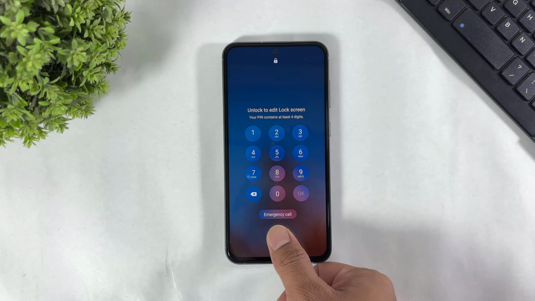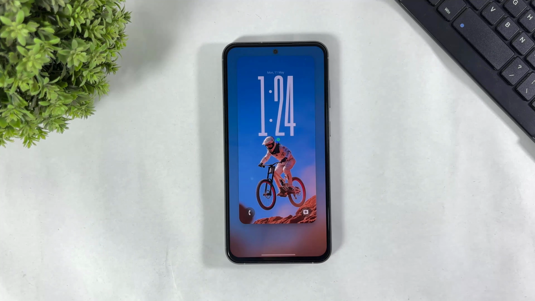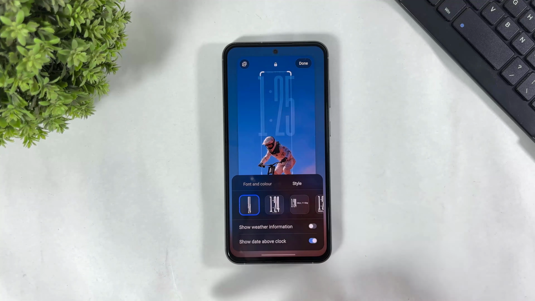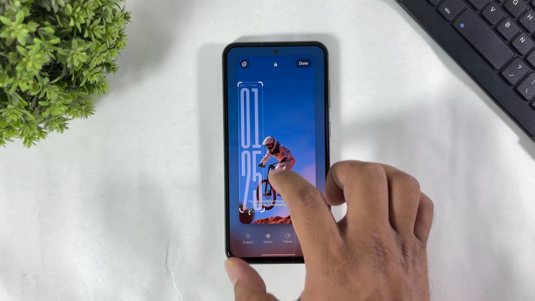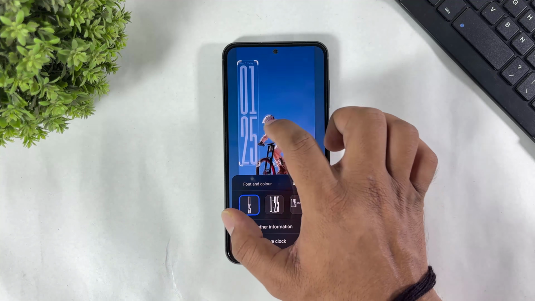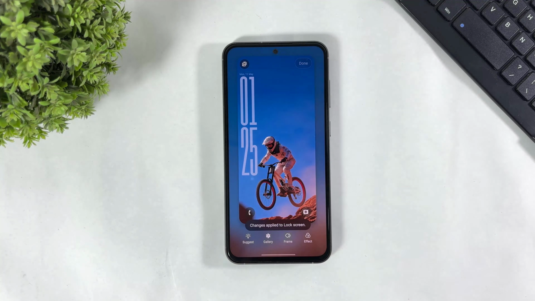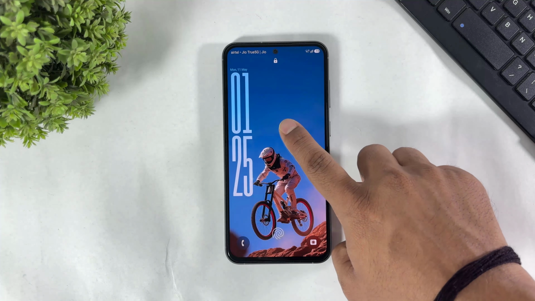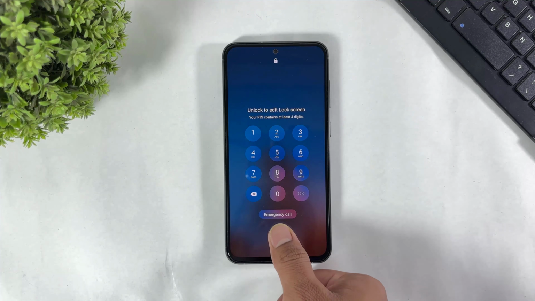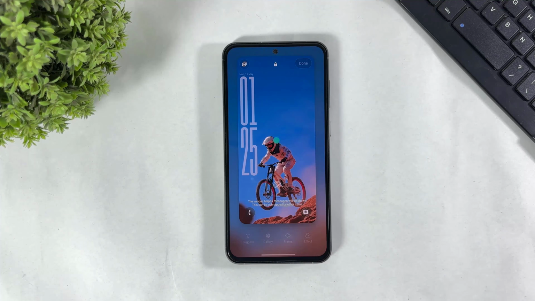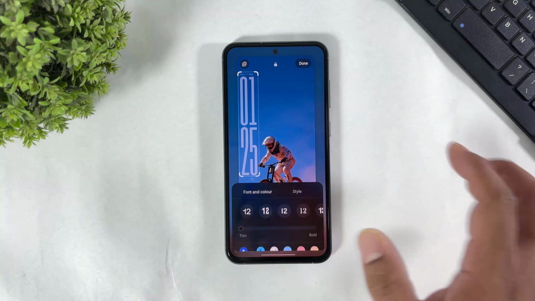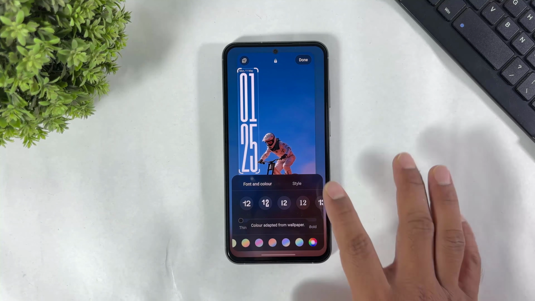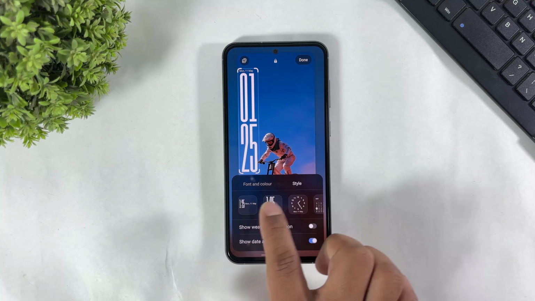Guys, you can also set this clock horizontal or vertical. Look at this, simply change the style and set the clock like this. You can also change colors, styles,